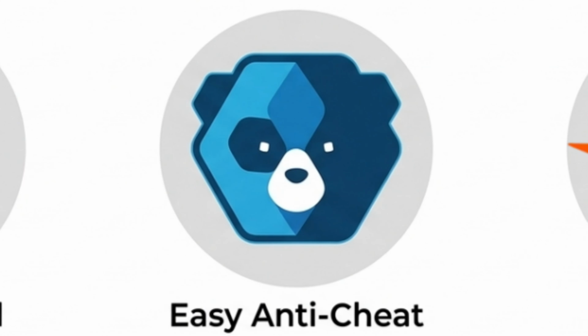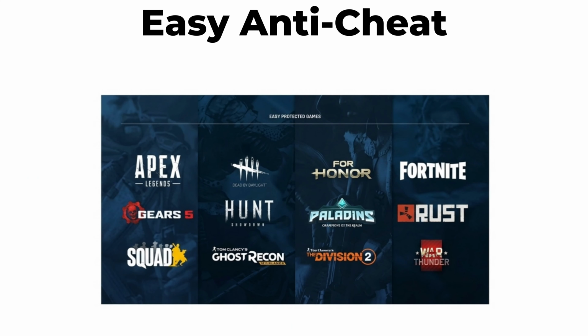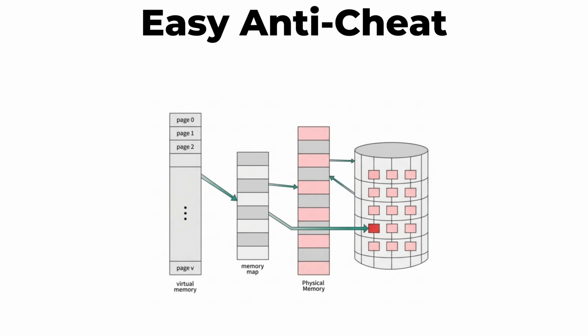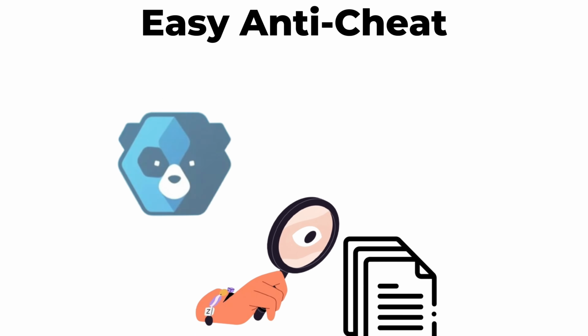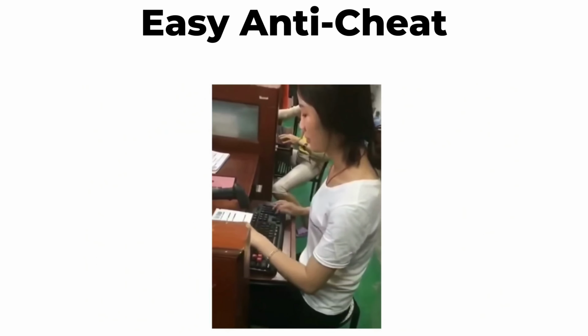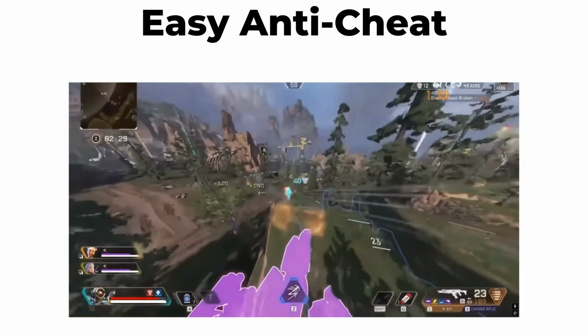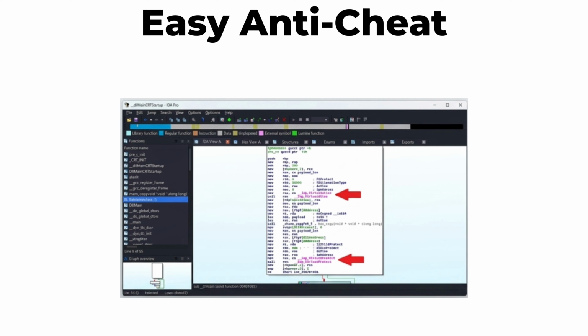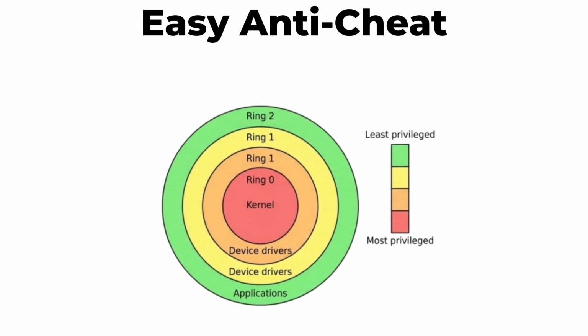Easy Anti-Cheat. Developed by Epic Games, it is the industry standard for titles like Apex Legends and Fortnite. It tracks game processes within the system memory to detect code injections or unauthorized modifications. It goes beyond simple file scanning to look for non-human inputs, such as superhuman reflexes or pixel-perfect tracking. Despite its efficiency, it can be bypassed by sophisticated cheats operating at the kernel level outside its range of vision.